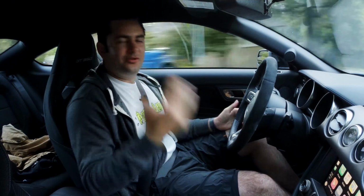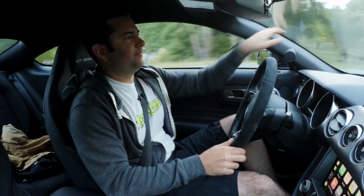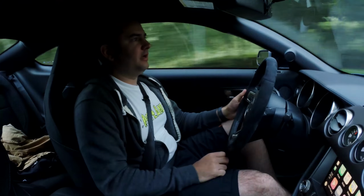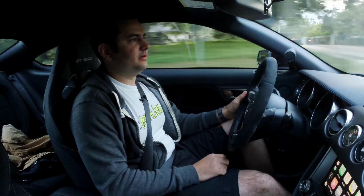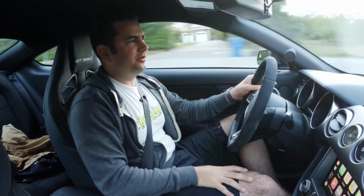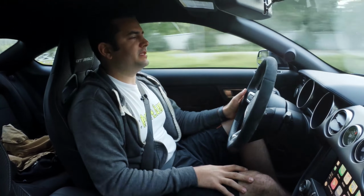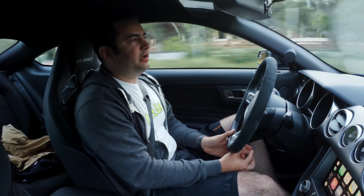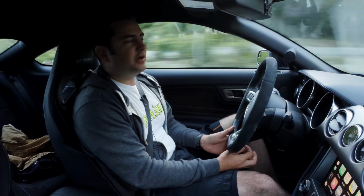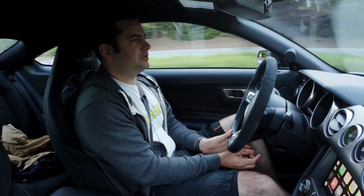But yeah, this is a 2017 Ford Mustang Shelby GT350, official title. And I got the lightning blue with the white stripes. I actually ordered it back around January 1st, somewhere around the new year, and finally took delivery last Wednesday, which is pretty sweet. I went down to Huntington Beach because that's the dealership I got it from, Huntington Beach Ford. Picked it up there and stayed down there for a while, hung out in OC,